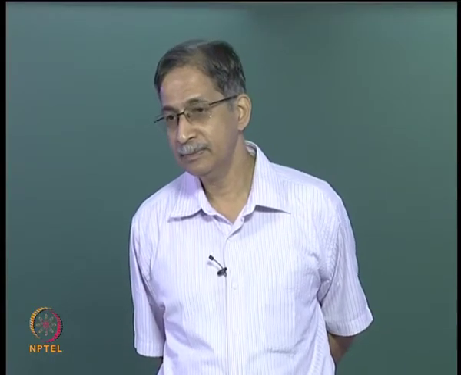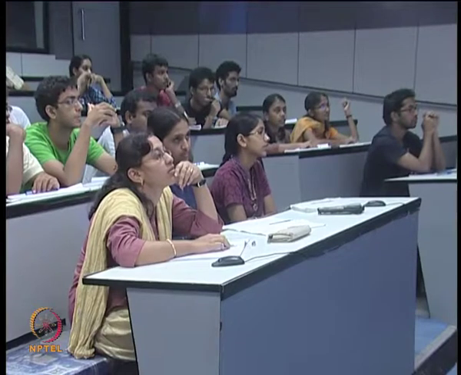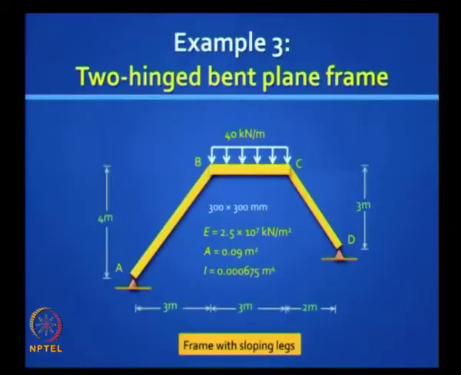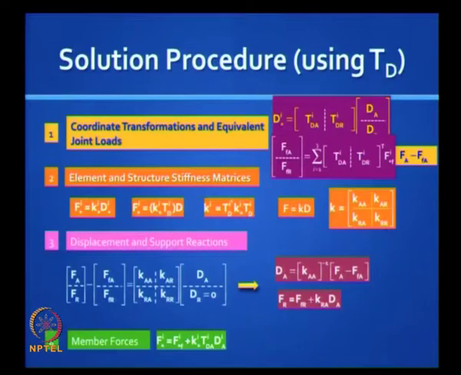What is the degree of kinematic indeterminacy? 2. How many active degrees of freedom do we have in the conventional stiffness method where we do not take any shortcuts? At A, how many active degrees of freedom do we have? 1. At B, 3. At C, 3. At D, 1. It adds up to how many restraints? 4. The method of analysis is identical to the previous problem, except that here luckily we do not have